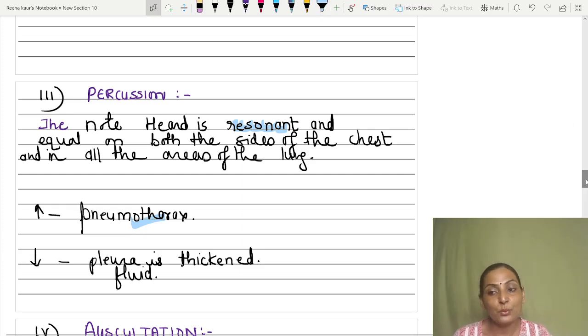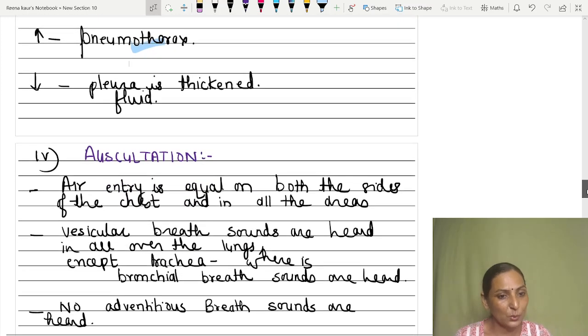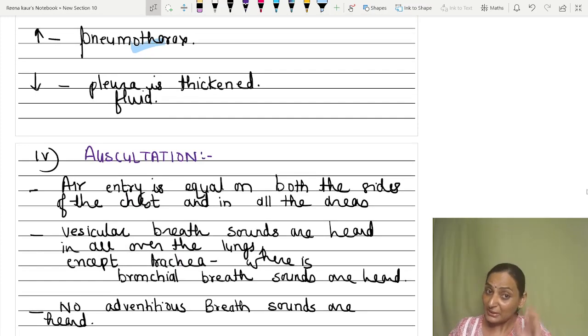And finally, we come to auscultation, where you are using your stethoscope. When you are auscultating, it is OSCE. We see how you are performing. So always give instruction to your subject to take deep inspiration and expiration, so that you are able to hear the air quality. How should you answer?